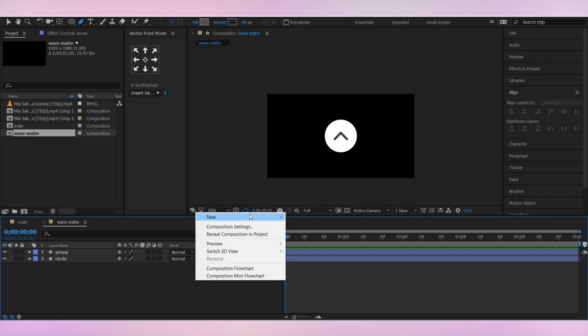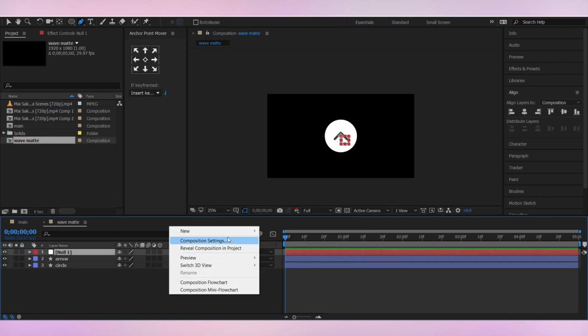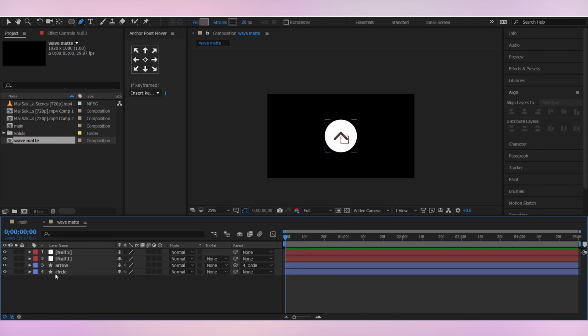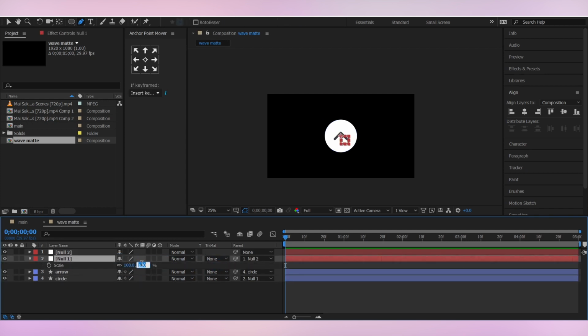For that, I'm gonna create two null layers, null 1 and null 2. Parent this circle layer to the null 1 and parent this null 1 to null 2. Then I'm gonna decrease the size here of the button because it's just too huge for now. So I'm going with 56. Let's see how it looks. Okay, it's still very huge. Let's try with 28. Let's see how it looks. Okay, it's still big. 22 should look fine. Alright, yeah.